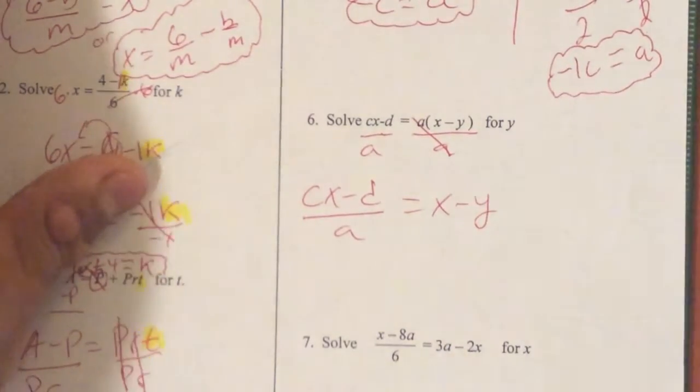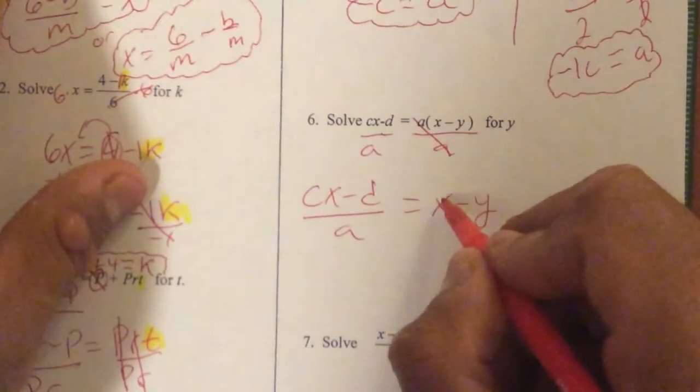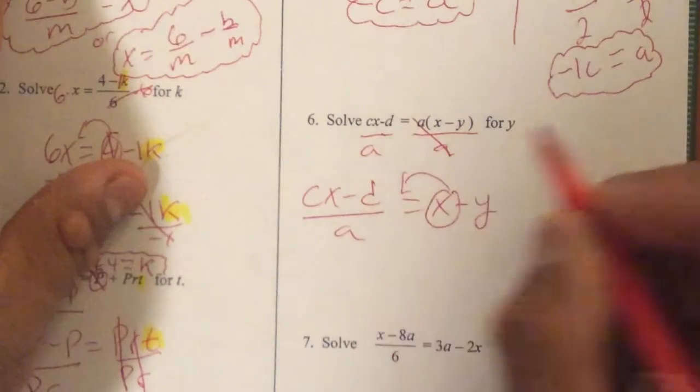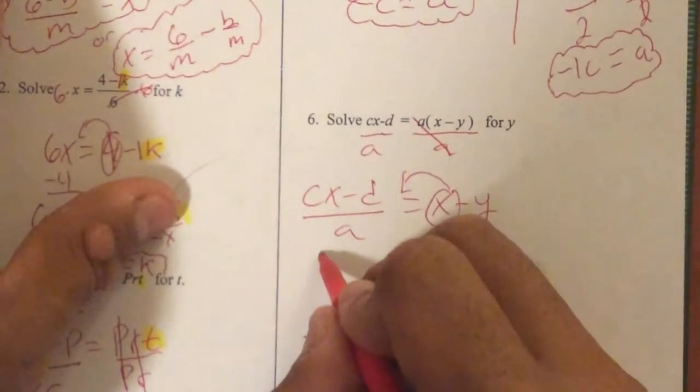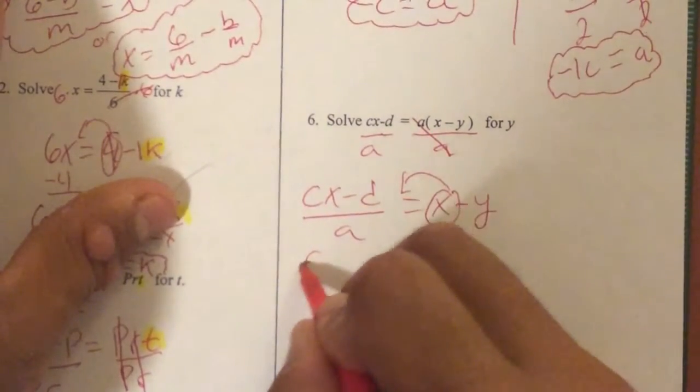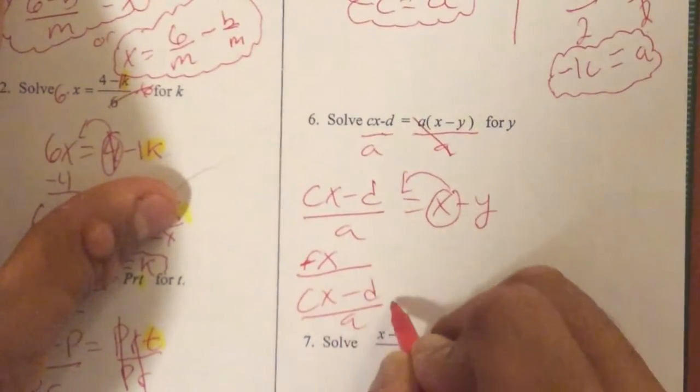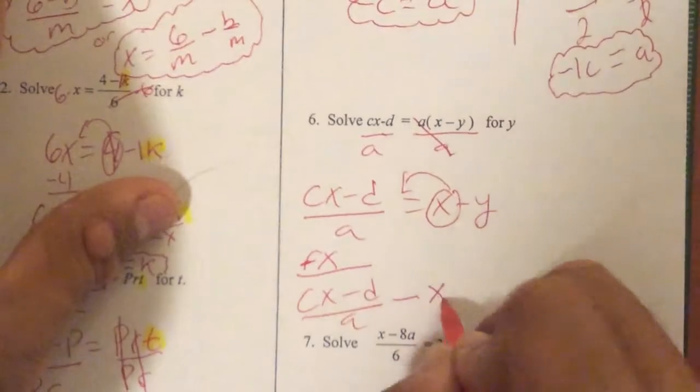And then I'm going to move the x to become a minus x, and you're left with cx minus d divided by a subtracting by x